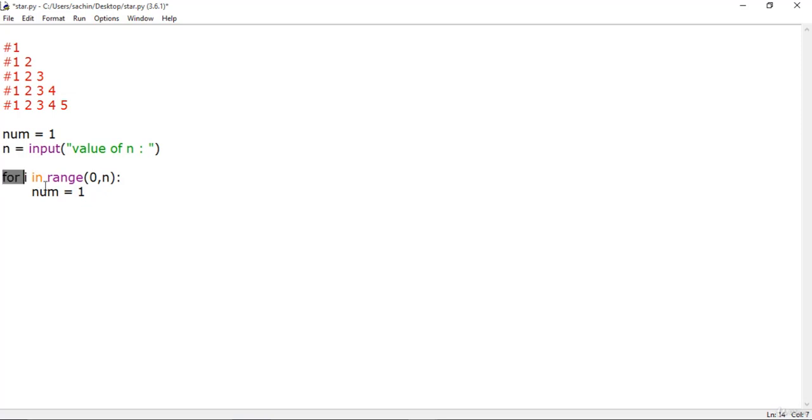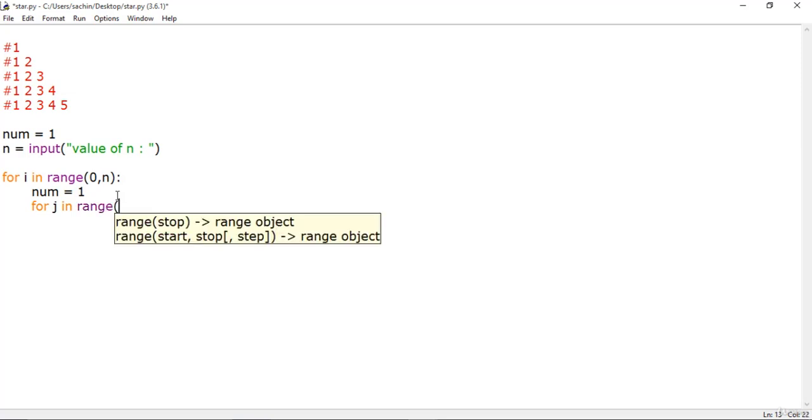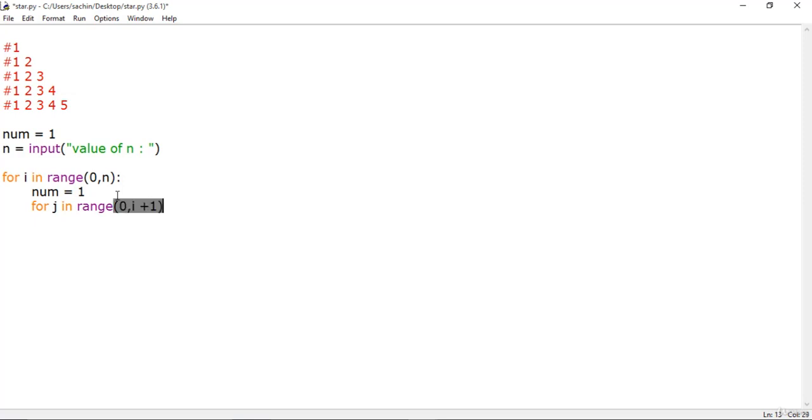So this i, which is the outer loop, is to handle the number of rows. Handling the column will be our nested loop. So let me say for j in range, and for this column we have to just give i to i plus 1 here. Just remember, this loop is for our rows and this loop is for our columns. So let me write a couple of lines of code over here,